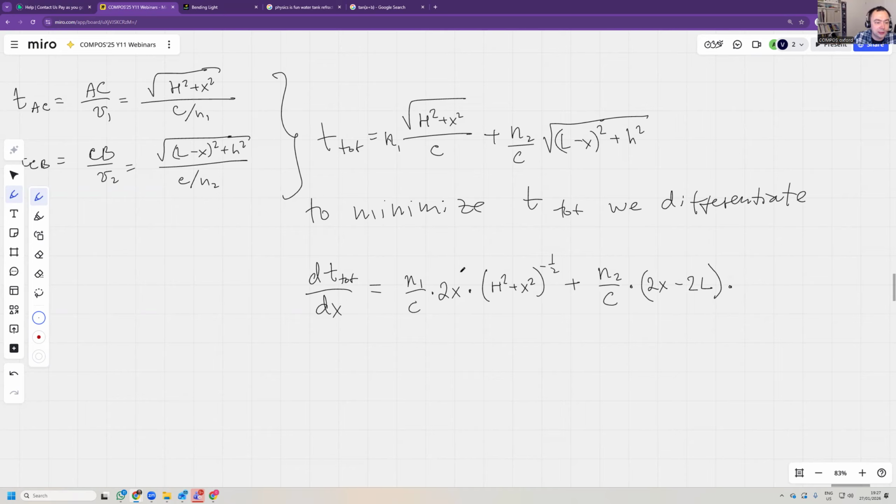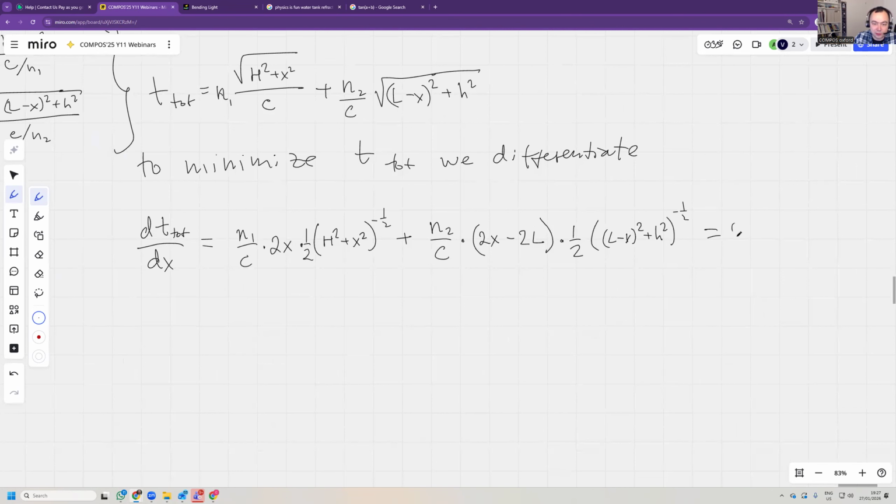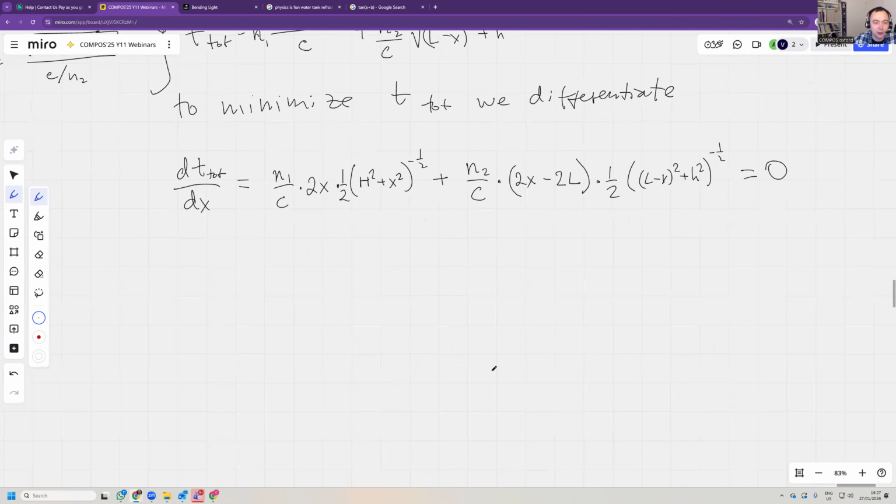oh, where did I get the 2? Oh, we need a half. So multiplied by a half, multiplied by l minus x squared plus h squared to the power minus a half. And that must equal 0. Okay, 2 cancels. We get